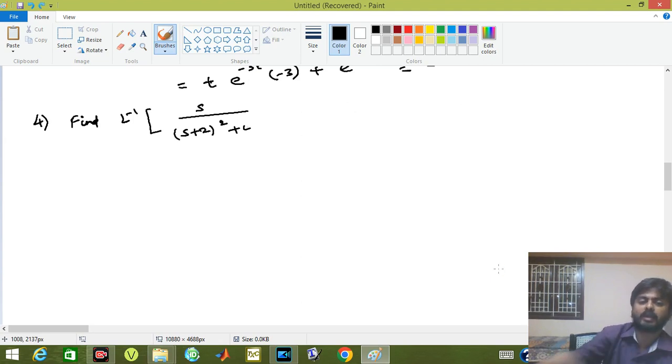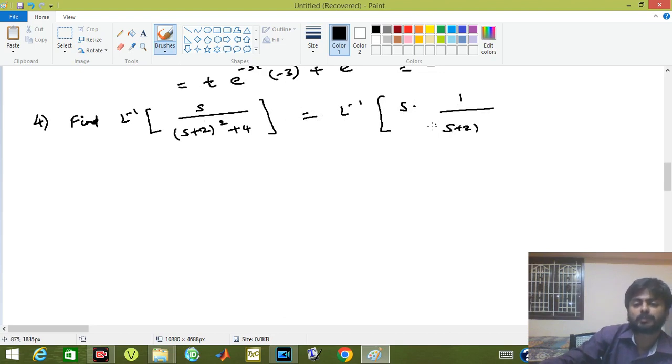Here we are taking this as L inverse of S into f of s. Our f of s will be 1 divided by (s plus 2) the whole square plus 2 square. Okay. Now, is it okay to have s plus 2 square plus 2 square? No, it is not correct. It is not in the correct structure, so we are taking it as